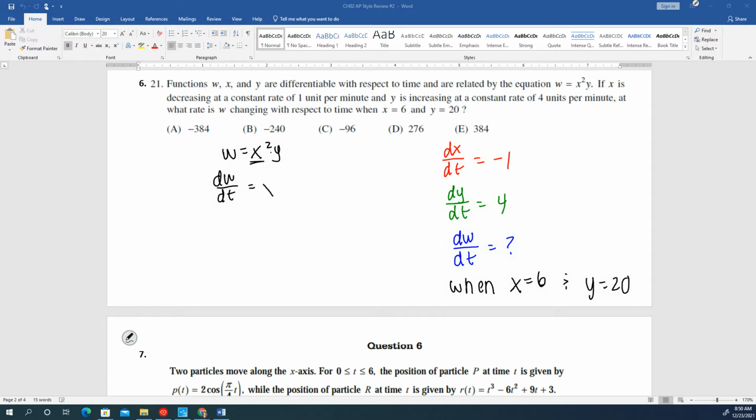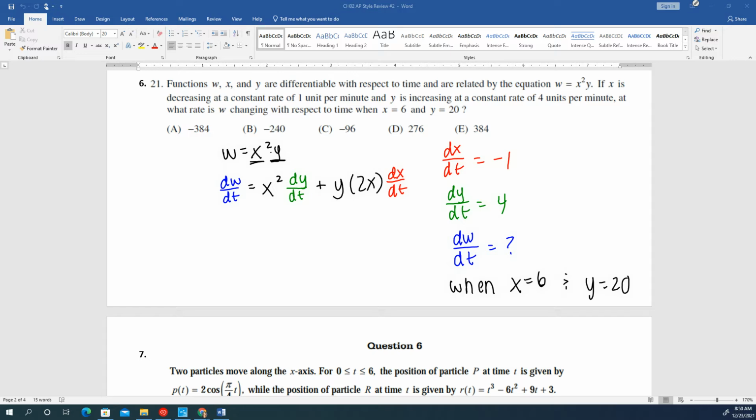So it'd be first, x squared times derivative of y, which is 1 dy/dt, plus the second factor times the derivative of the first, which would be 2x dx/dt. All right, now you could simplify this one a little bit, but